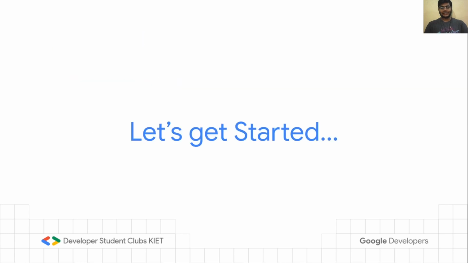So let's get started. Before starting, this session assumes some requirements: you must have a working knowledge of the core concepts of Git, and you must have your environment set up, with Git installed and configured on your system. You have an account on github.com and a text editor ready. If you do not have any of these, feel free to watch the previous session of our series, where we discussed all about the Git basics. So let's get started.